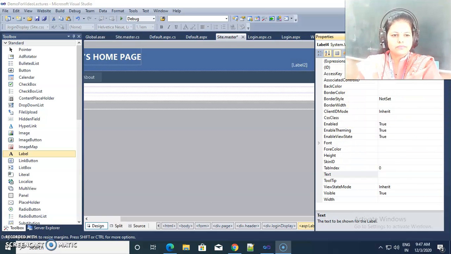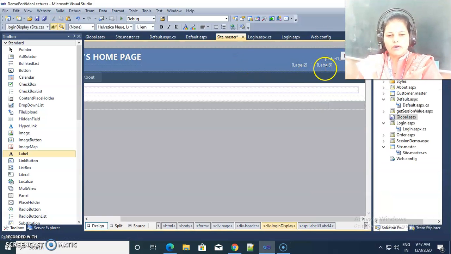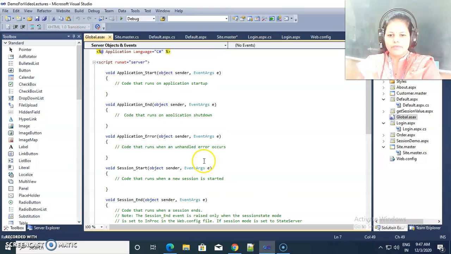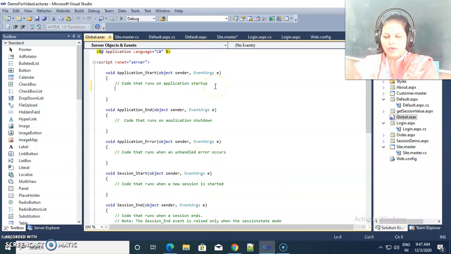Now on label 3 we display total user count, and on label 4 we display active user count. So here I am going towards the global.asax, and whenever the application started, we are storing inside the application variable